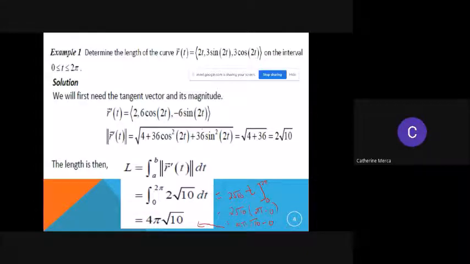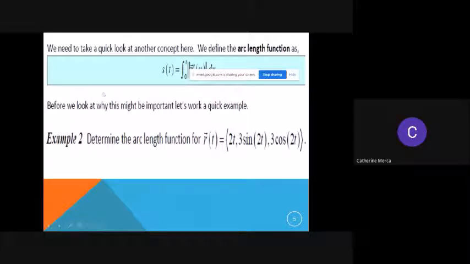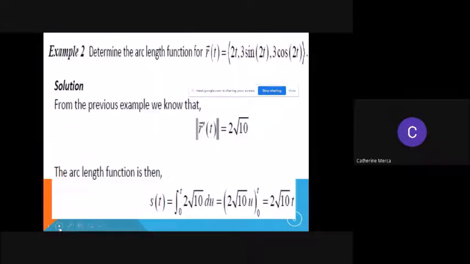Aside from this. Okay? Now, that's the first part. If you take a look at the next example there, we need to take a quick look. So we define arc length to be S of t, 0 to t, magnitude of r prime du. Okay? So, as I said, that's just in your example. If you're asked to determine the arc length of this function, 2t, 3 sine 2t, 3 cosine 2t,